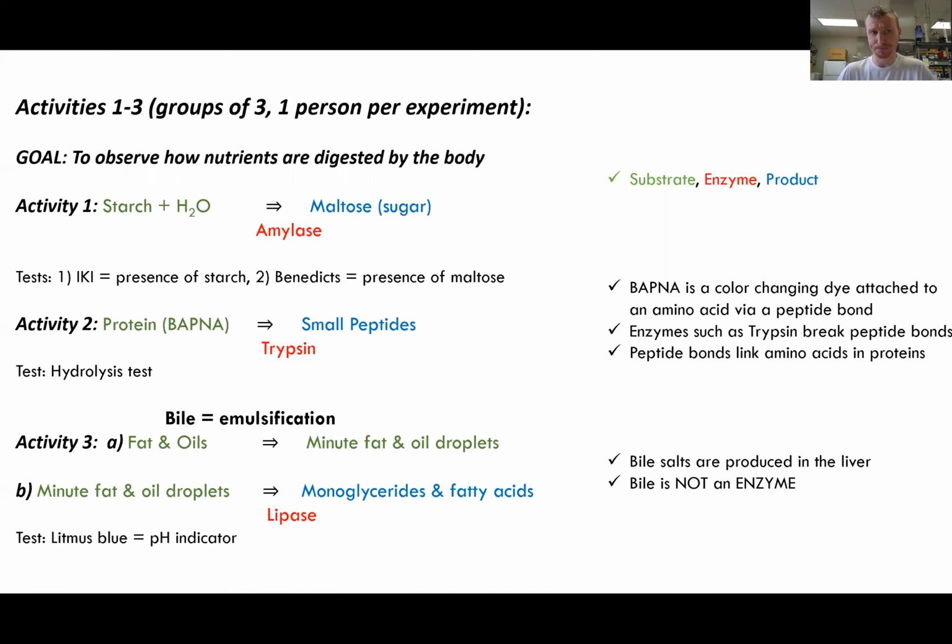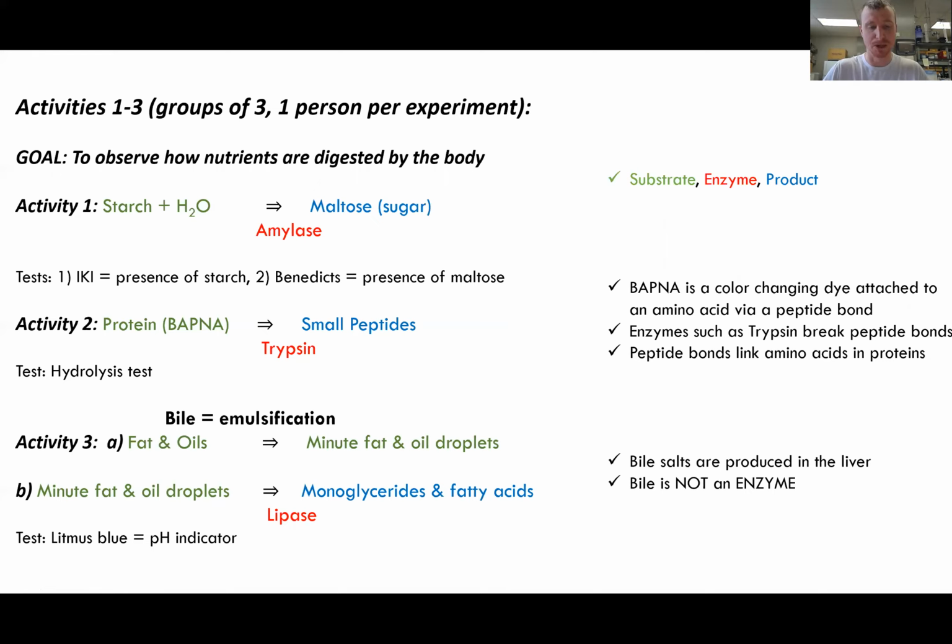And so these are activities 1 through 3, and these are the breakdown. This is where we're looking at the breakdown of these different substrates through these different experiments and running different assays on each of these substrates. So we're going to break up into groups of 3, and you're going to assign one person per experiment. So one person's going to work on activity 1, another person activity 2, and third person on activity 3. And then as you're moving through these experiments and assays, make sure you're recording your results on your questions handout, and also answering the